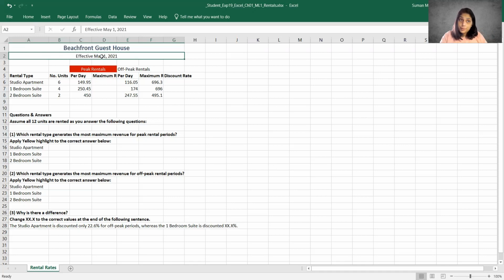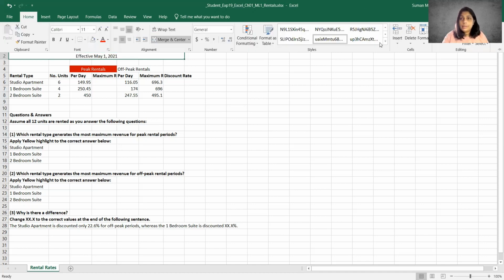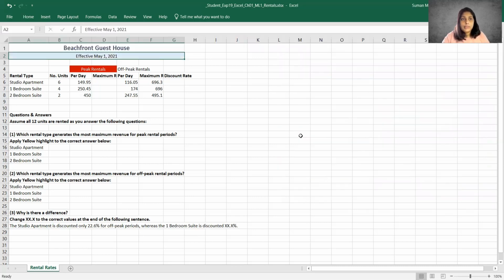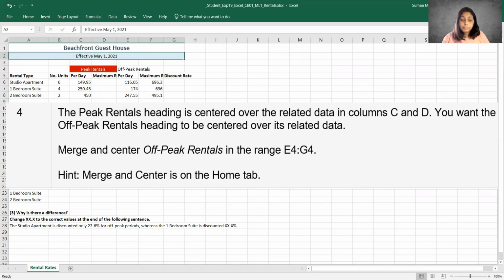It's already been merged, so all I have to do is click on the Home tab, click on the Cell Styles group, and from here locate 20% Accent 1, which is right here, and apply it to that cell.